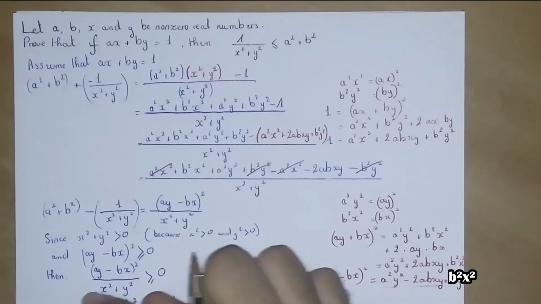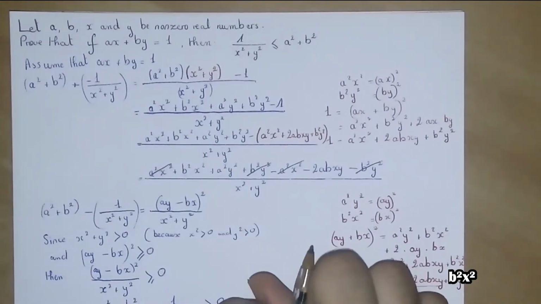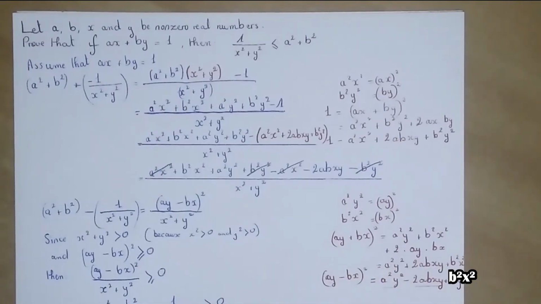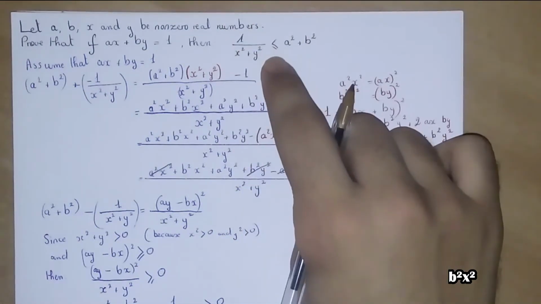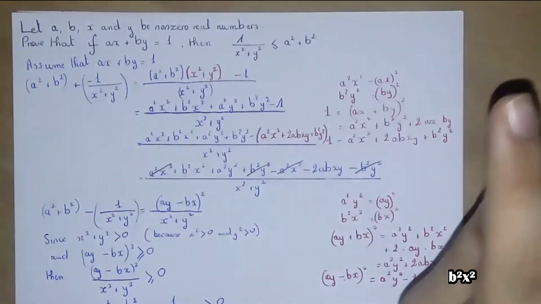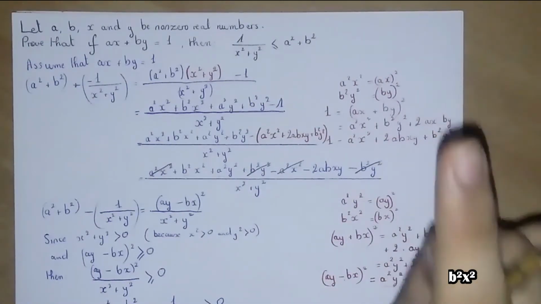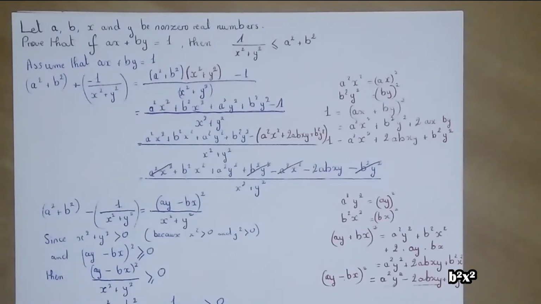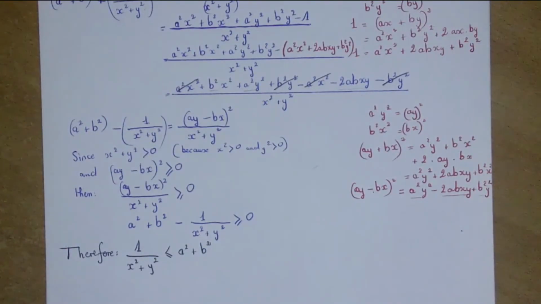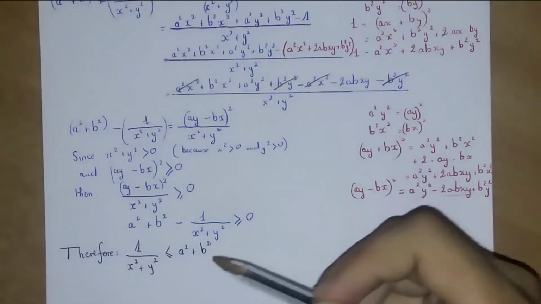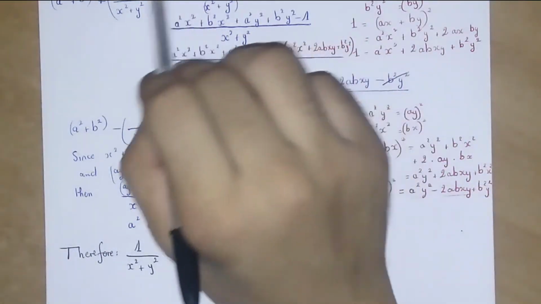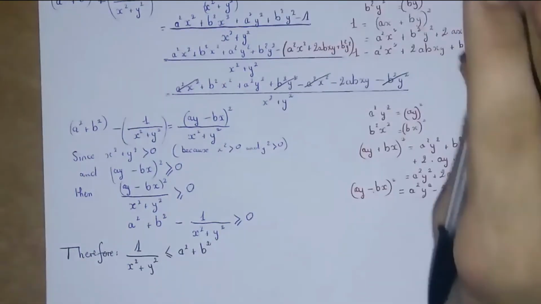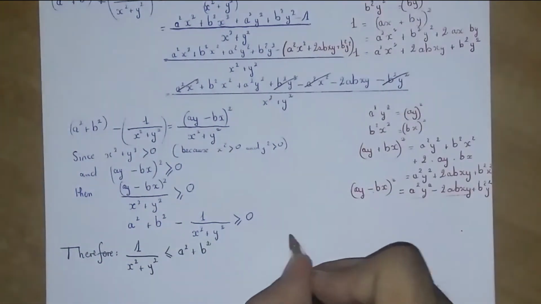Therefore, a squared plus b squared is bigger than 1 over x squared plus y squared, or the other way around, 1 over x squared plus y squared is smaller than a squared plus b squared. So we have proven that this inequality is true, assuming that this equality is true. So the proof is done, and we can write